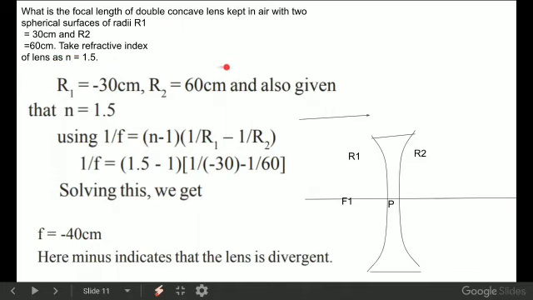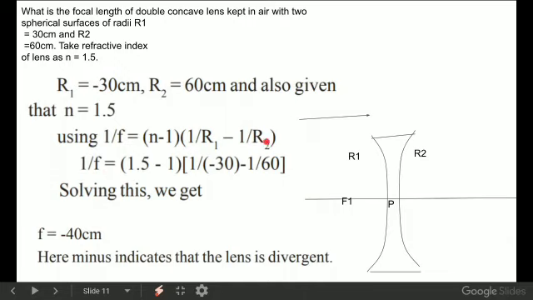Always remember that when refractive index and radius of curvatures value is given, and along with that if the focal length value is also he is asking us to find out, or something like focal length, radius of curvature, refractive index, then you must use lens makers formula only. When radius of curvatures and object distance and image distances values are given, then you have to use the curved surface formula, remember that. So here he's asking us to find out the focal length, so we are going to use the lens makers formula. So the refractive index of the lens he has given, that is 1.5.